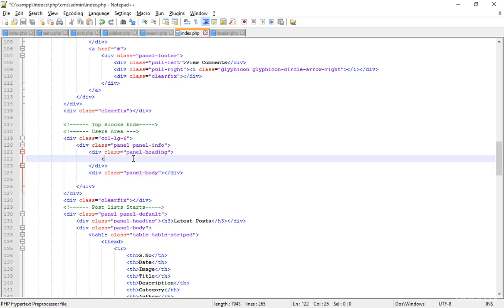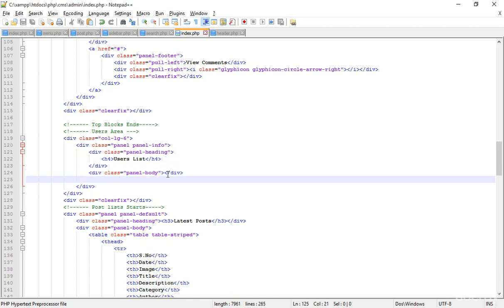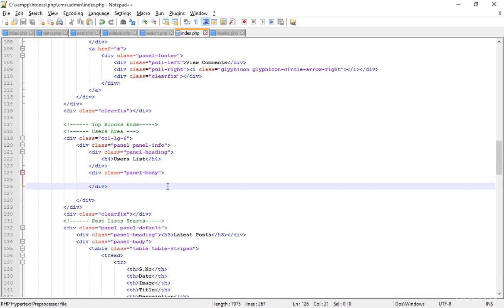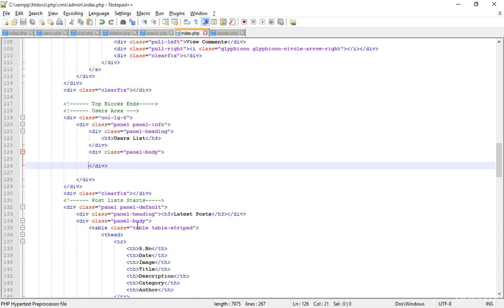Here in the panel heading, I'm adding the H4 again, and inside the H4 I'm typing the users list. Save that, and here again I have to do the same thing. What I have to do again is copy this,